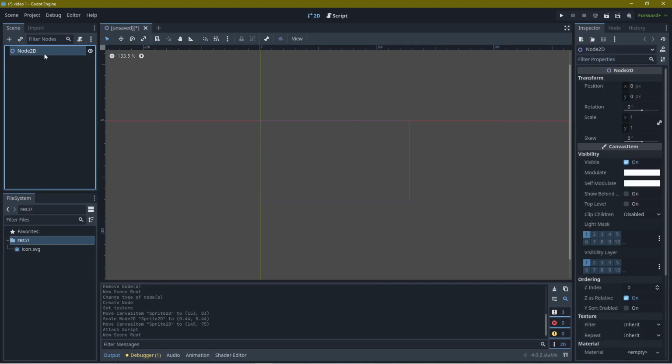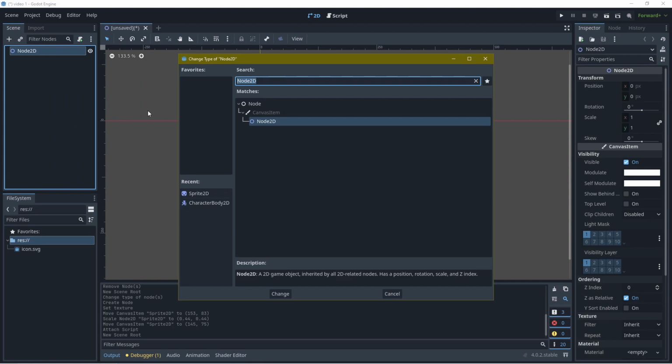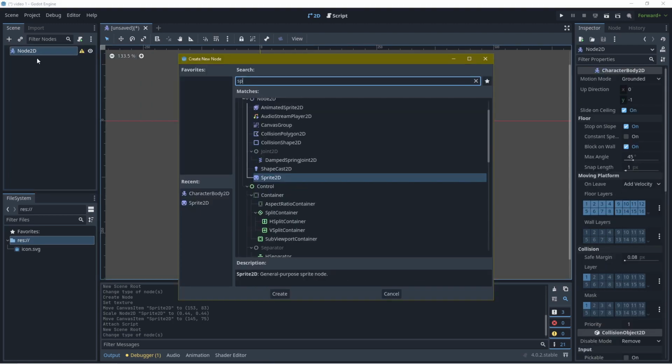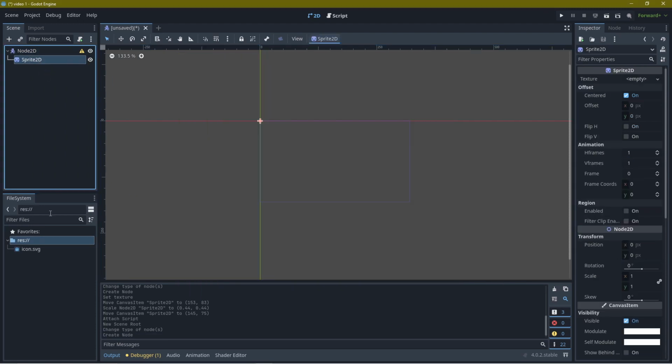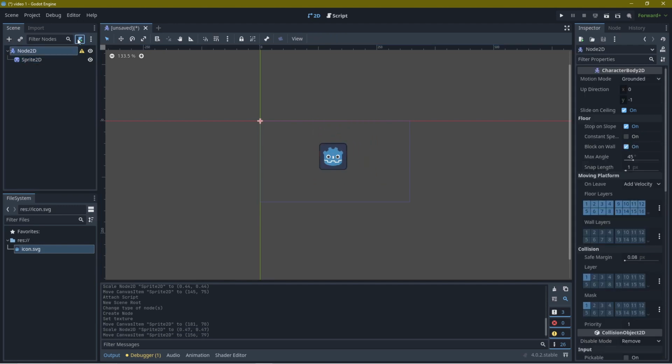Create a new 2D scene, change the root node to a CharacterBody2D, give it a sprite, let's give the sprite a texture, move it to the middle, resize it down. Let's add a script,